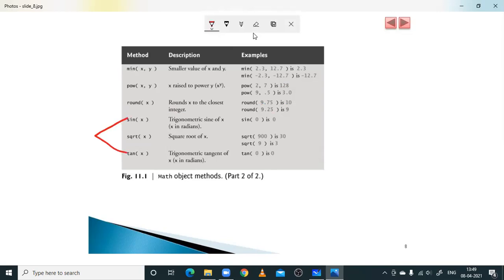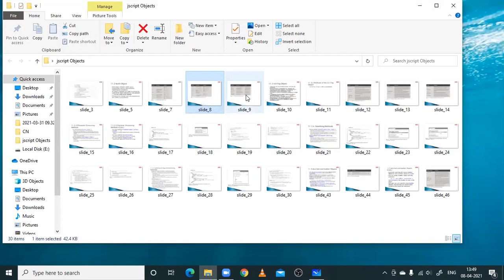These are trigonometric values. Okay, so let me show you some more methods.